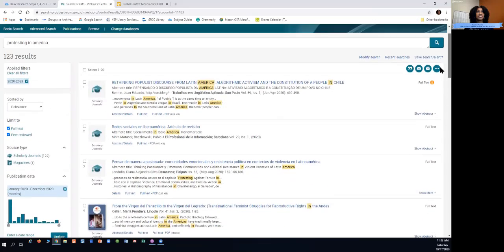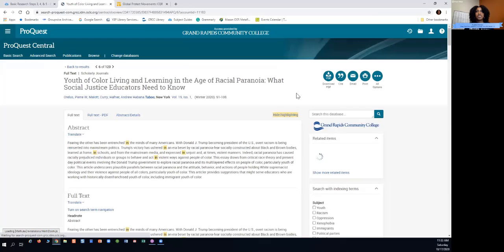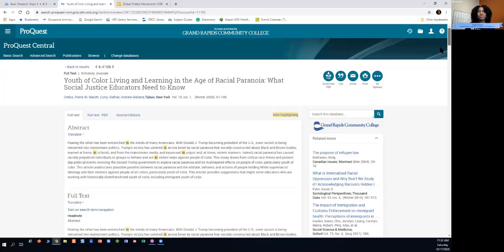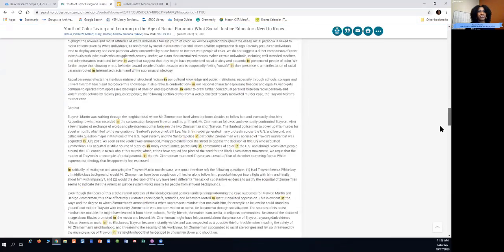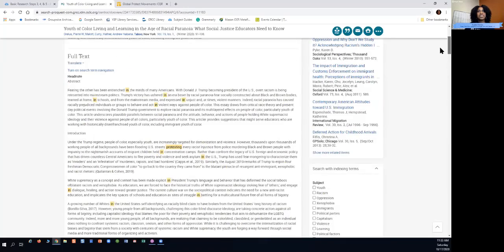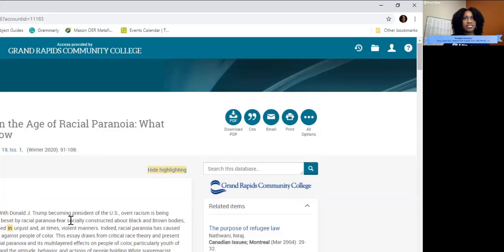And so once I take a look at those items, I can click on any of the ones that are interesting to me, and I'm going to click on this one. And once I click on that item, that resource is available to me, and I can read through it, scan it to see if it has any information relevant to my research. And if I decide I want to use it, I can download it, cite it, email it, and then here's that all options